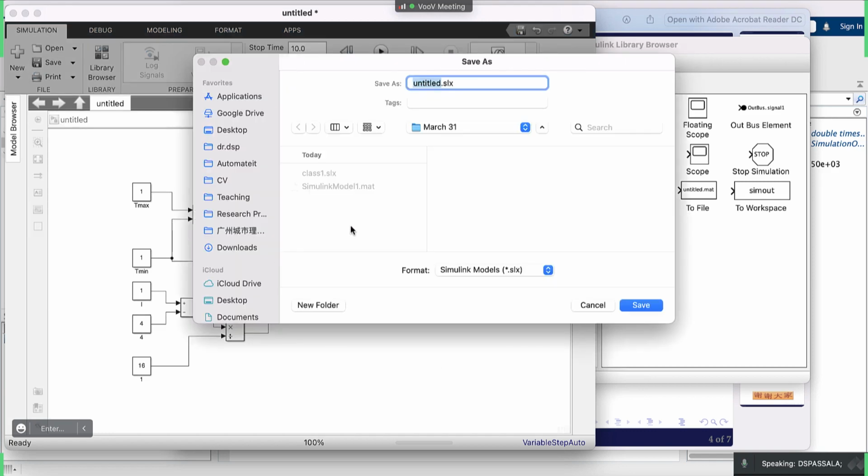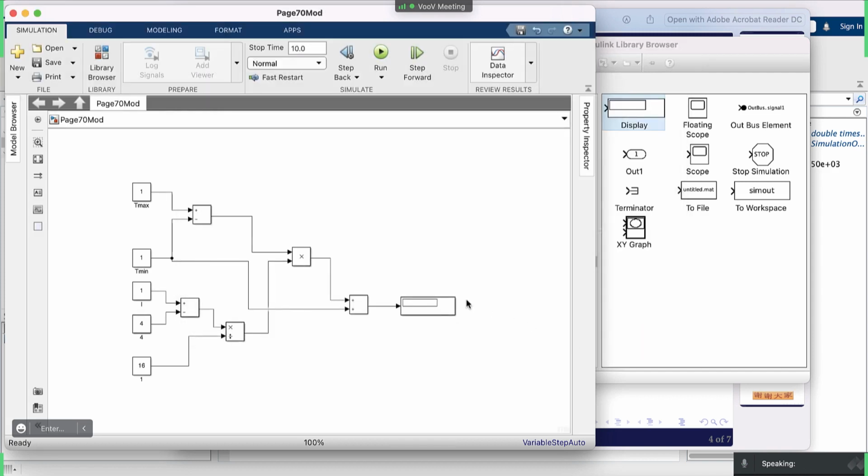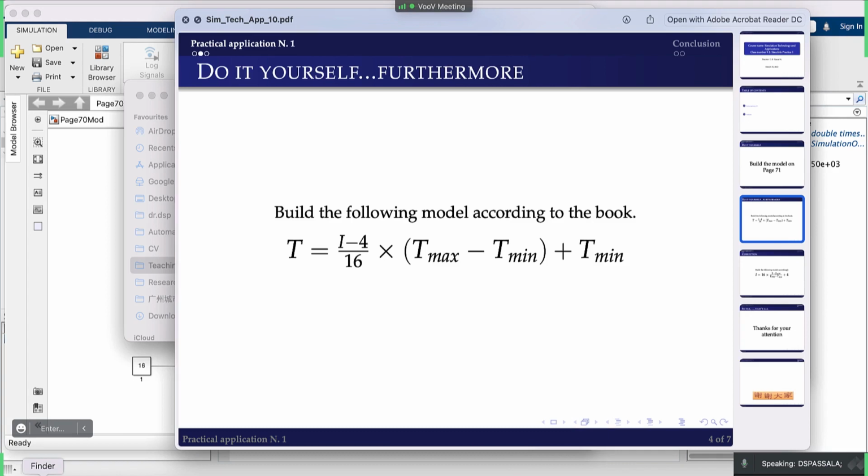Model, page 70, model. Okay, now when we see this, if we have